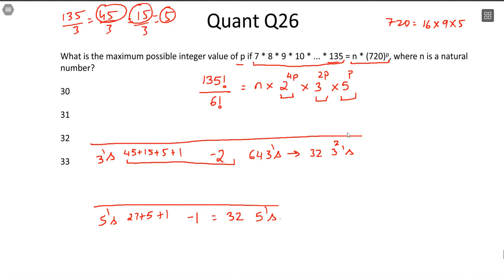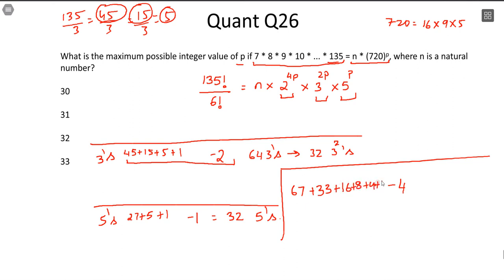This is wonderful. Now let me see how many 2's I am getting. Let me work for 2's. In 6 factorial, how many 2's will I get? 1 in 2, 2 in 4, and 1 in 6. So 4 have to be subtracted. And in 135, let me start off. 135 by 2 is 67. 67 by 2 is 33. 33 is 16, 8, 4, 2, and 1. So this 4 is gone, this 4 is gone, done. These two give me 100. 16 plus 8 is 24, 24 plus 3, 127.